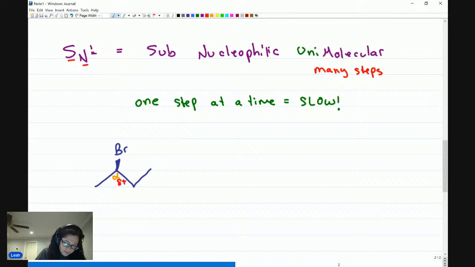partially positive. And the reason this is partially positive is that bromine, being a highly electronegative atom, is pulling and pulling and pulling on the electron density between itself and carbon. In a strong reaction, it gets kicked out. But if nothing is coming to kick it out right now, then as it pulls and pulls and pulls, eventually it will completely break off, taking those bonding electrons with itself, so that you get something in solution that looks